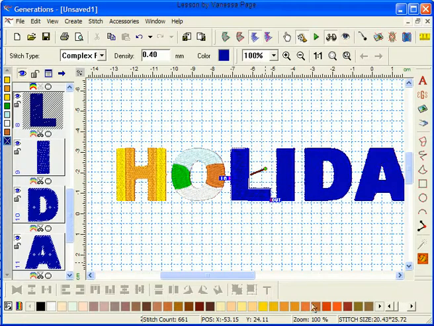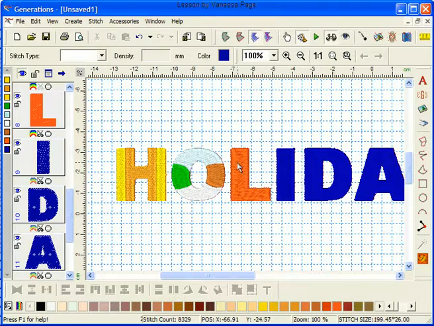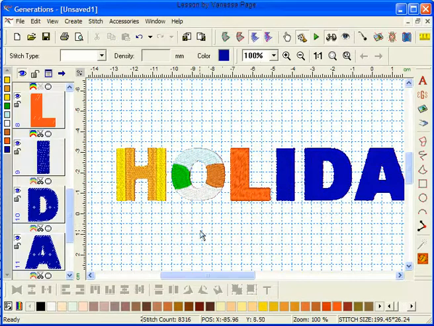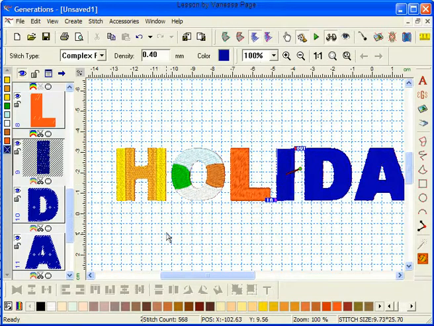change the colour to something we can see, a red colour, and I can also change the angle. Now I've actually got a furry effect on the L with just a couple of simple moves. Now we're going to work on the I. This time I'm going to select my